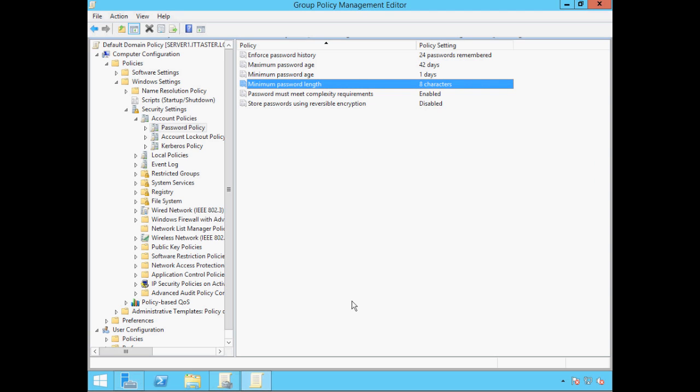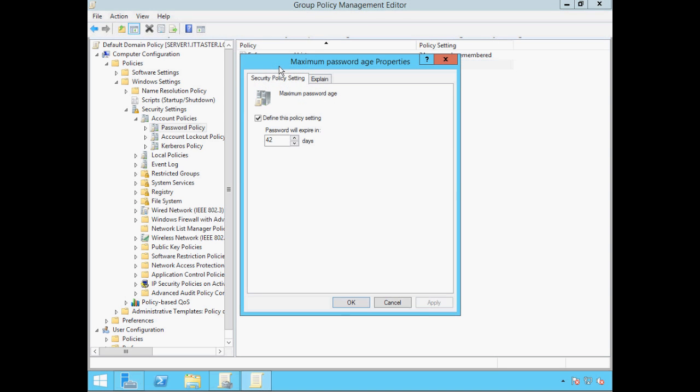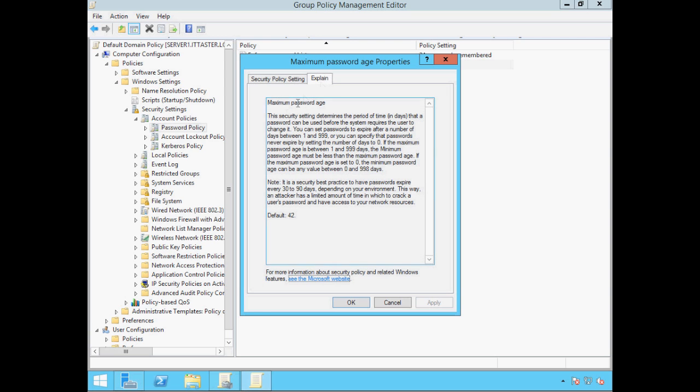Another useful policy we can configure is the maximum password age policy. Double click the policy to open it and click the Explain tab so we can see exactly what the policy does. Now the maximum password age policy lets us specify the amount of time in days a password can remain in use before the user is required to change it.